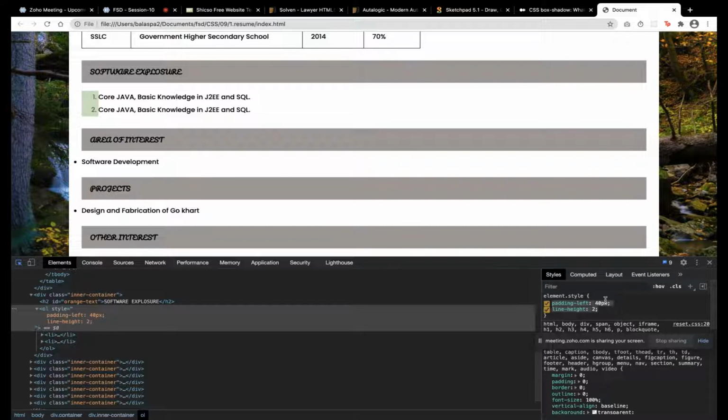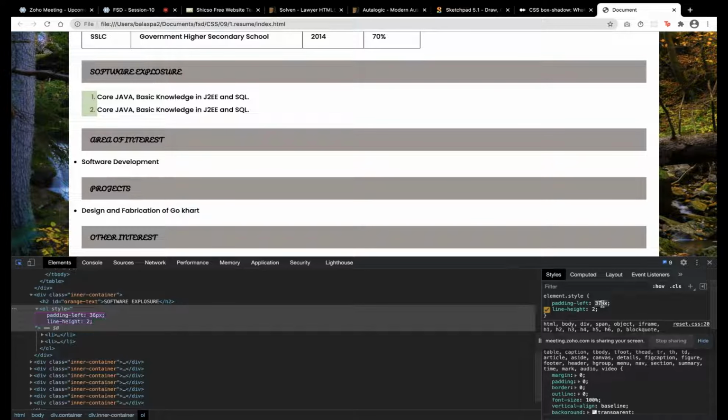Otherwise, if you want to change some values like 40 pixel, I can reduce and check whether it looks good. If I click on it and press the down arrow or up arrow, the values will be increased and decreased. Based on that, you can check the real output here. My system is a little bit slow.